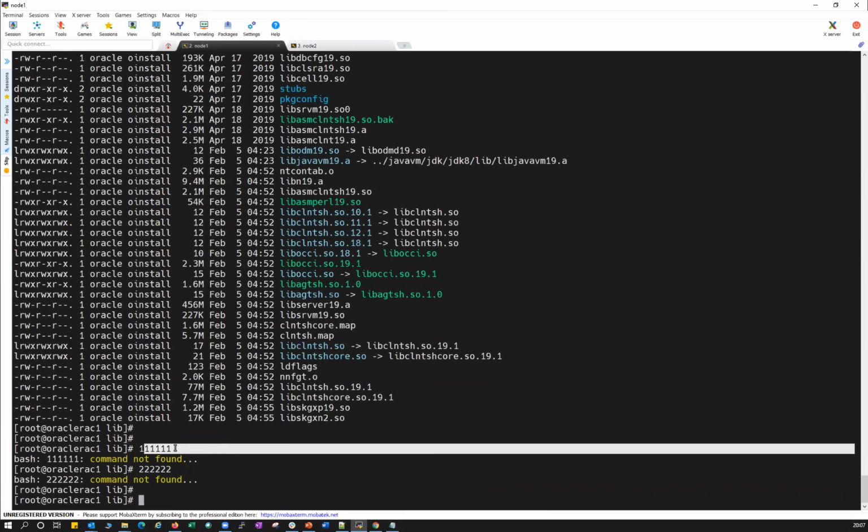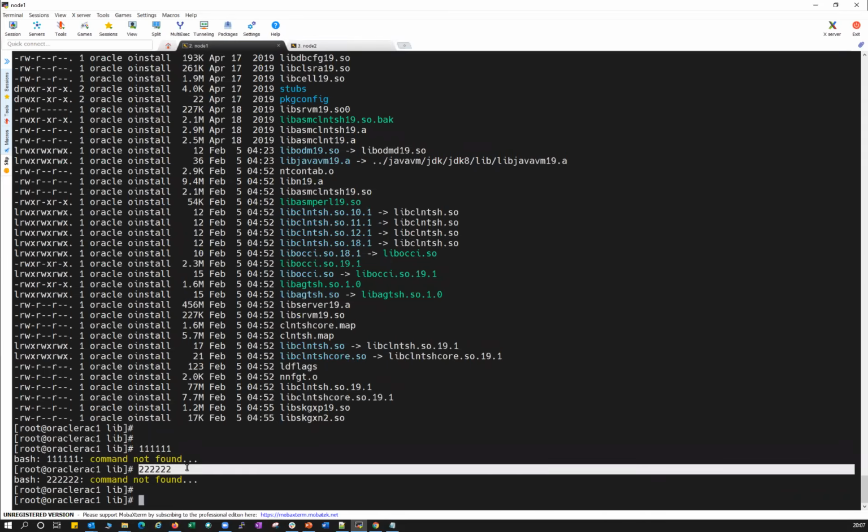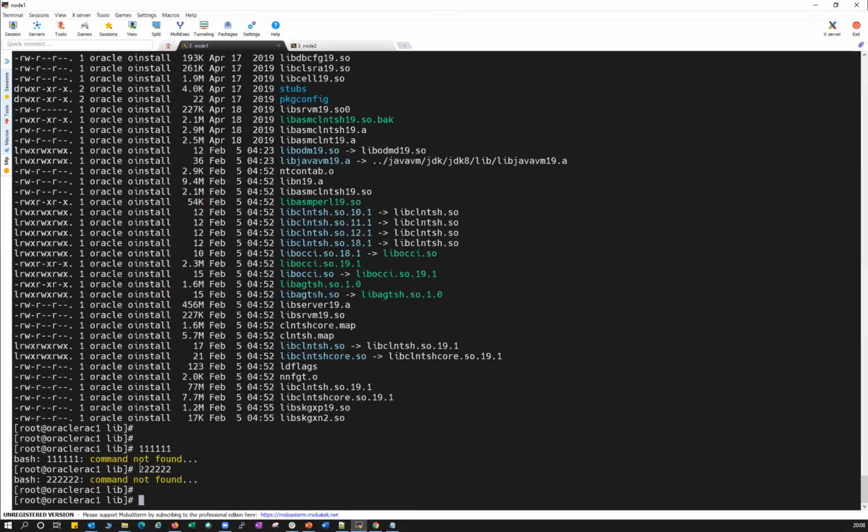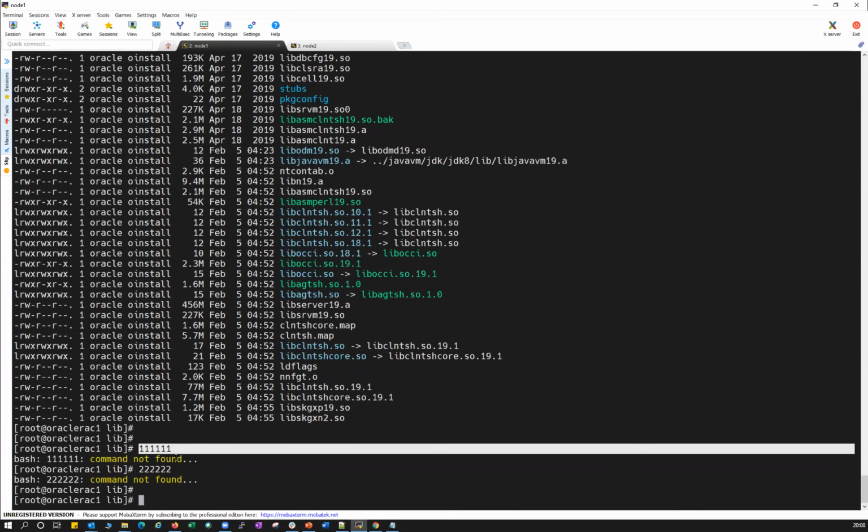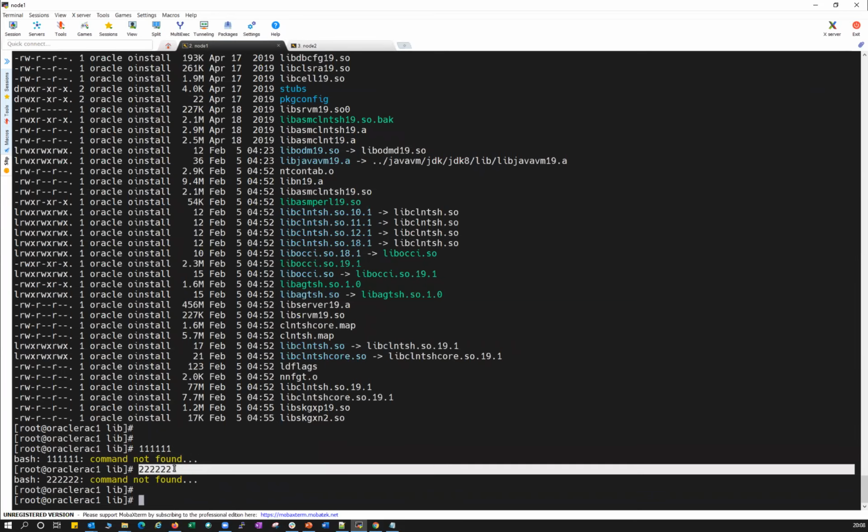So you have to apply this 11 patch, and on top of that, you apply this 2 patch. If it is conflicting, again you have to go back to Oracle. So this 2 patch, what you suggested, is conflicting with this 111 patch. Then Oracle will suggest, okay, you can roll back that 1 patch, and they will give a new merge patch combining this 1 and 2 patch, and then you can apply that merge patch. So again, this merge patch is nothing but, you can say, a kind of one-off, but it will be having 2 merge patches.